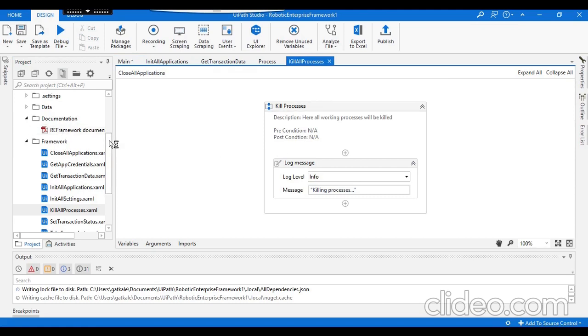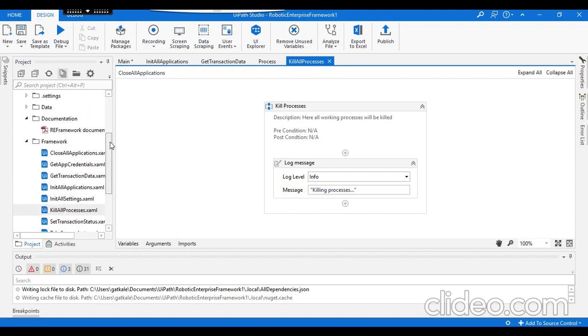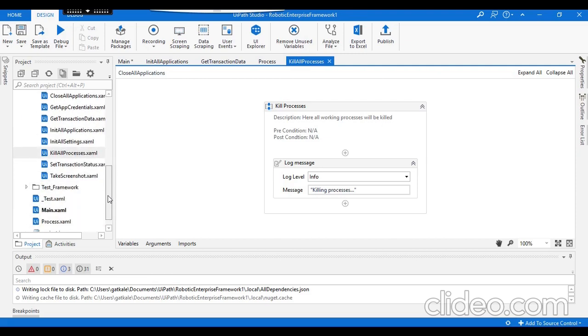We can have the config file also saved somewhere here, in the data folder. All the configuration and documentation-related dependencies, and workflow dependencies, are kept folder-wise.